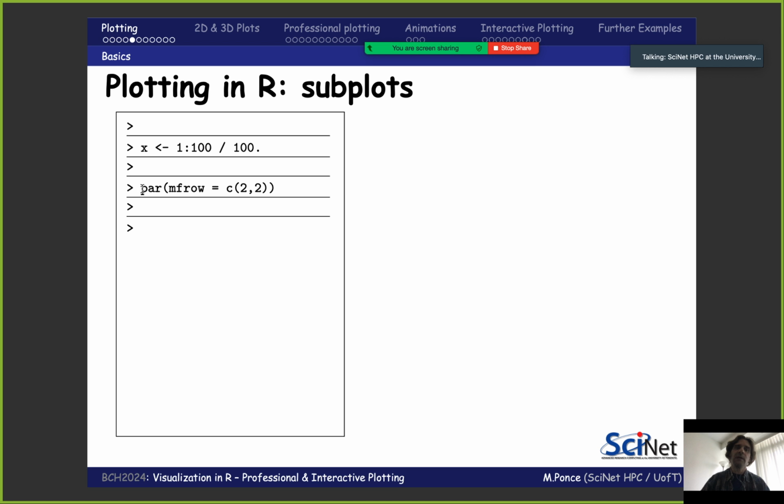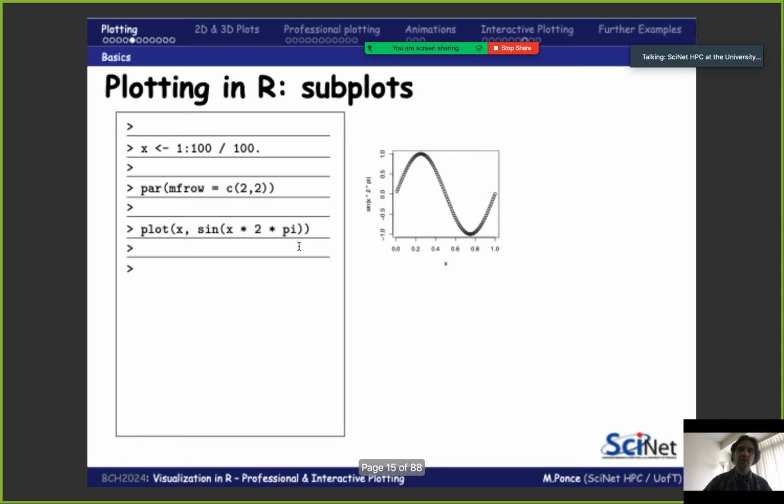What I'm doing here is par mfrow equal to the vector 2, 2. What this means is that R is going to divide our graphical device, or canvas, or screen, into a 2 by 2, meaning a 4-element matrix or arrangement. So mfrow stands for the number of rows and columns, and that's what it means.